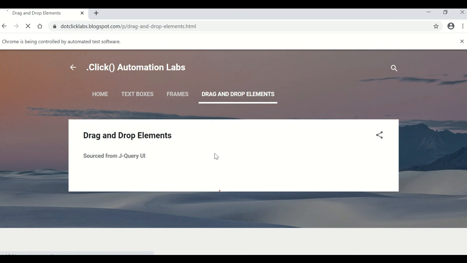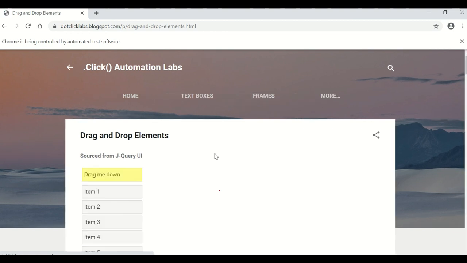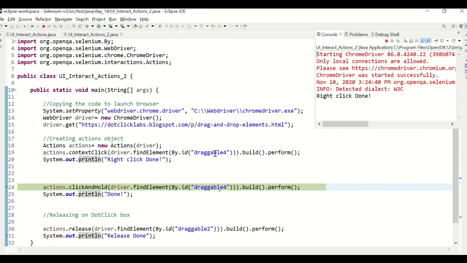This takes a certain time to load. Please hold on, it takes a little while to load all the controls. Yes, so now right click is done.